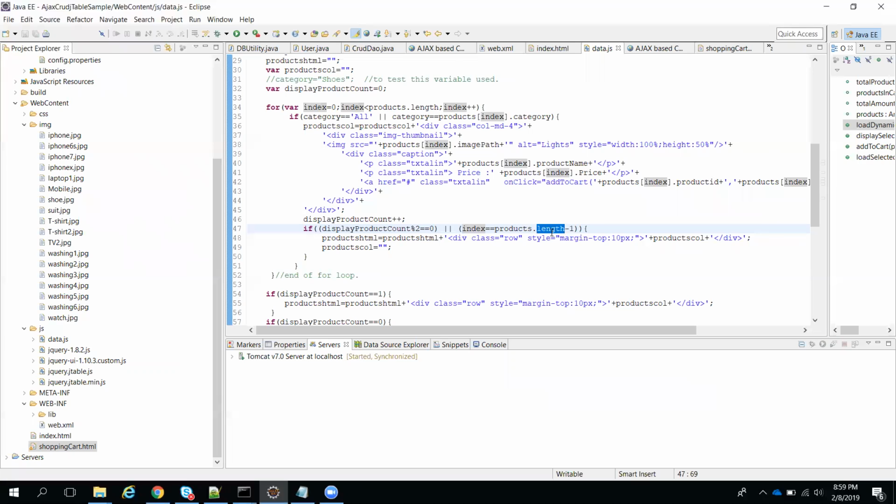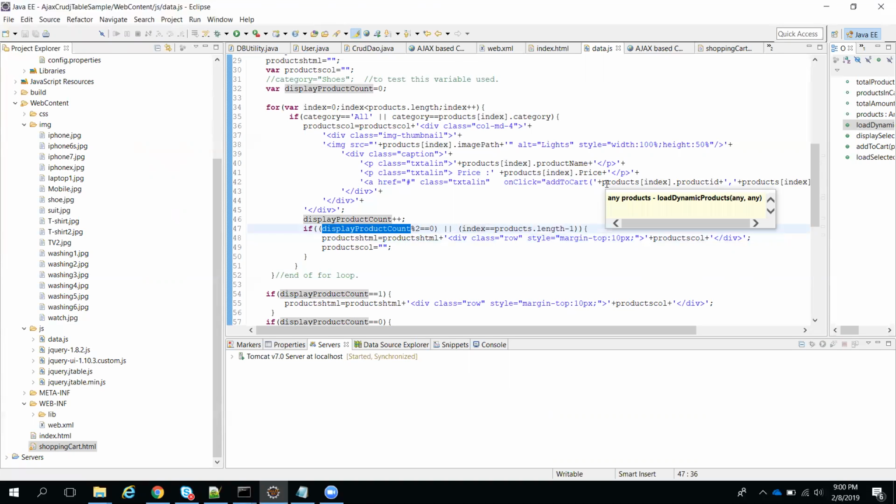Length minus 1: suppose you have 3 products, the length is 3, right? 3 minus 1 is 2. The index of the third product is 2, third product means 0, 1, 2. So 2 equals length minus 1, 3 minus 1, it will be equal. That time also I want to keep that element inside a row, one div as a row. For this purpose I have added this condition.